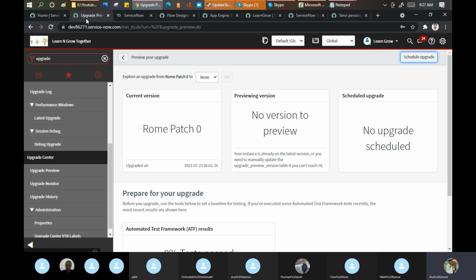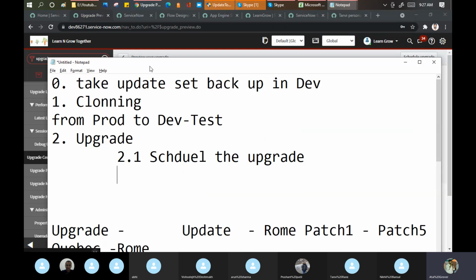One more important point, another homework for you. There is a standard checklist available on the ServiceNow docs website for the upgrade. This is 3 or 4 pages. Download that and read that. Because in the interview it can be asked to you guys: did you do an upgrade? Can you tell me what upgrade method you follow? So that checklist you can refer to. The points which we discussed are part of those checklists only.